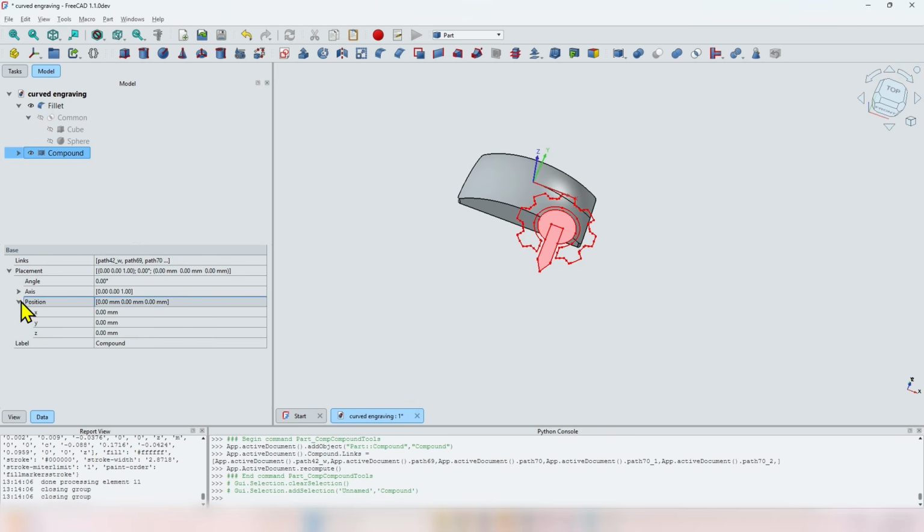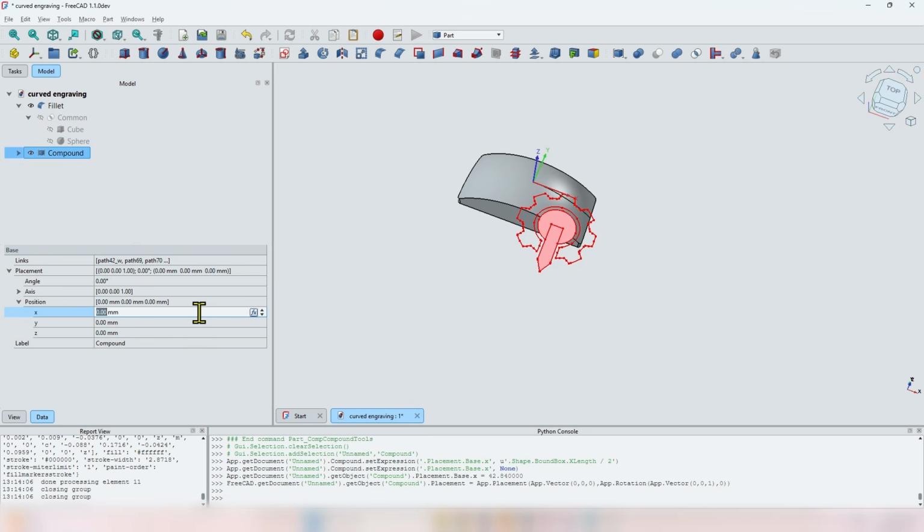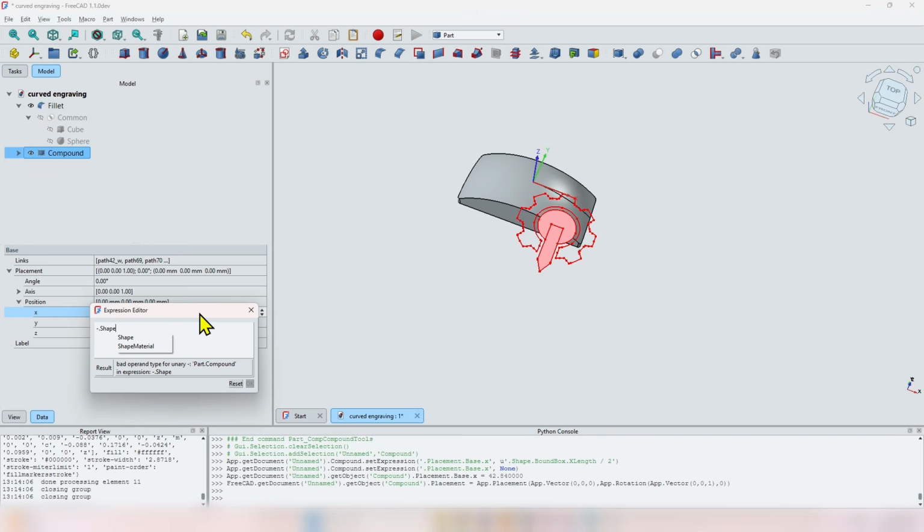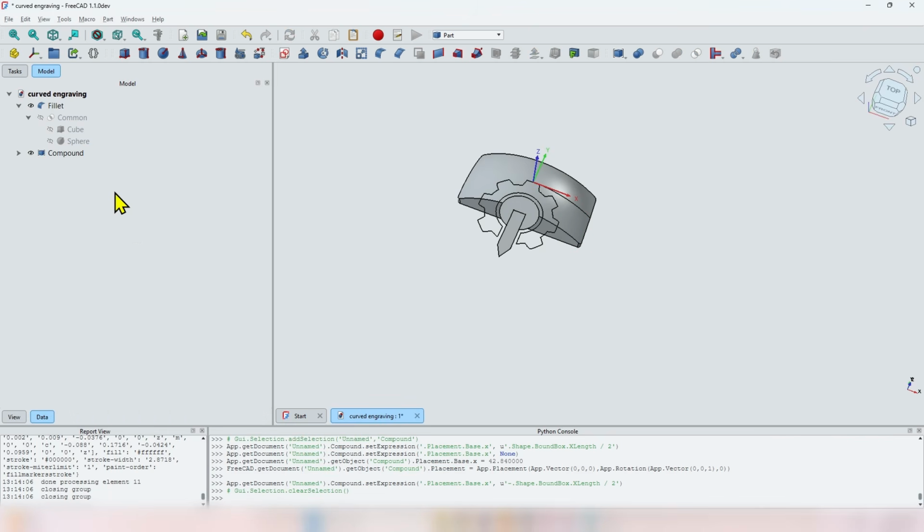Let's go to placement, position. Let's go to the X value and we need to move it to the left. So press equal, start with minus since we are going to move it to the left. Dot shape, which means the shape of the current object. Dot boundbox. Dot X length. Make sure you respect the uppercase and lowercase, otherwise you will end up with some errors. We still need to divide this by 2 because we want it to be centered. Press OK, click on the Y value or somewhere else, and you will see that it moved exactly to half